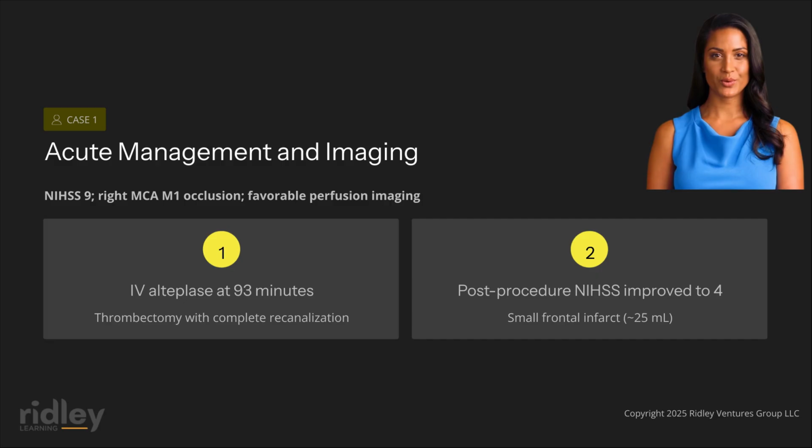Non-contrast head CT showed no hemorrhage or early ischemic changes. CT angiography demonstrated complete occlusion of the right middle cerebral artery, M1 segment with good collateral circulation. CT perfusion imaging showed a large penumbral region with small ischemic core volume of approximately 15 milliliters, which was favorable